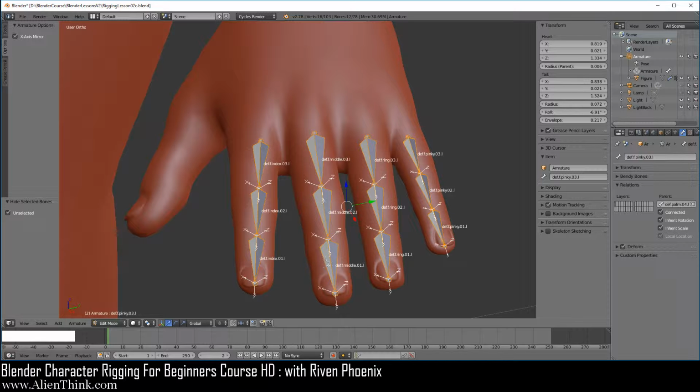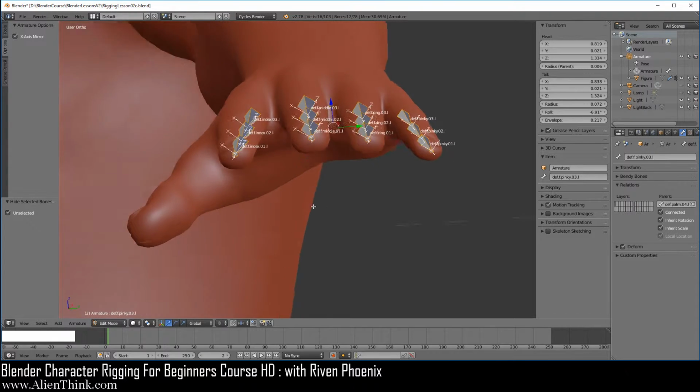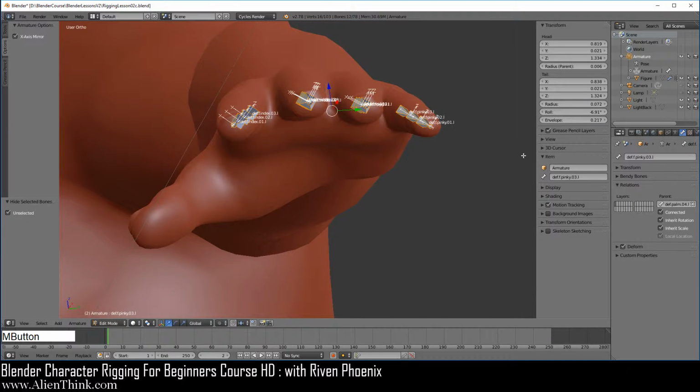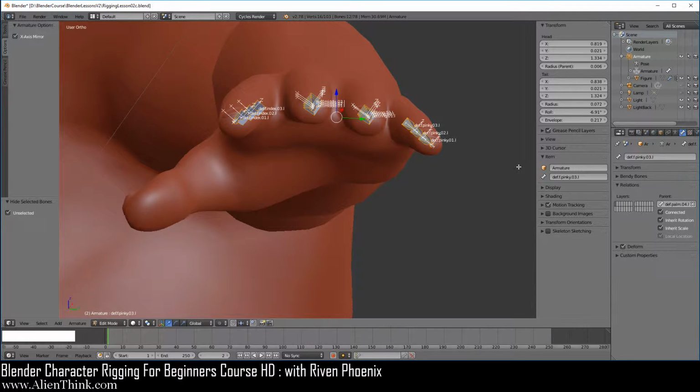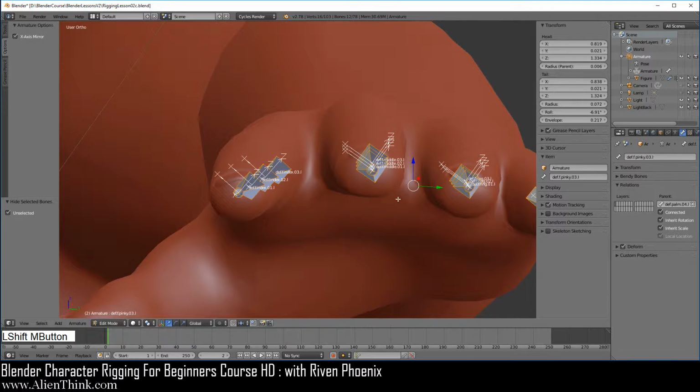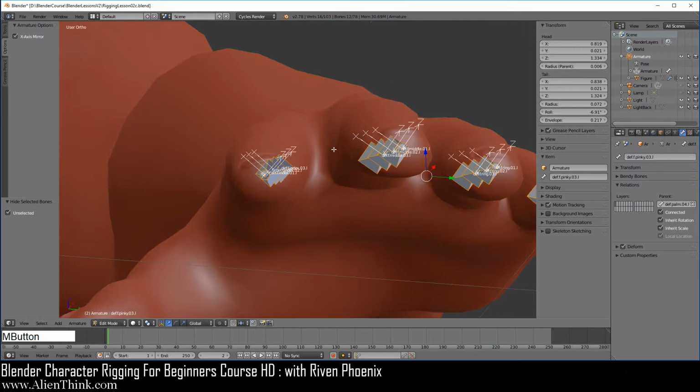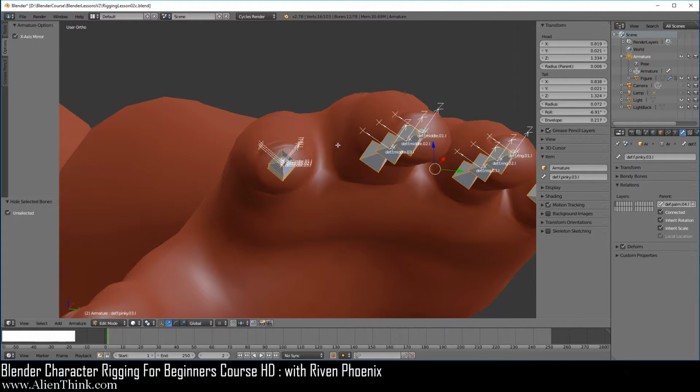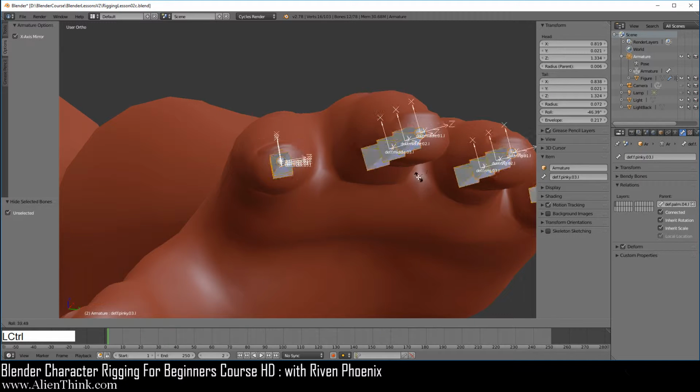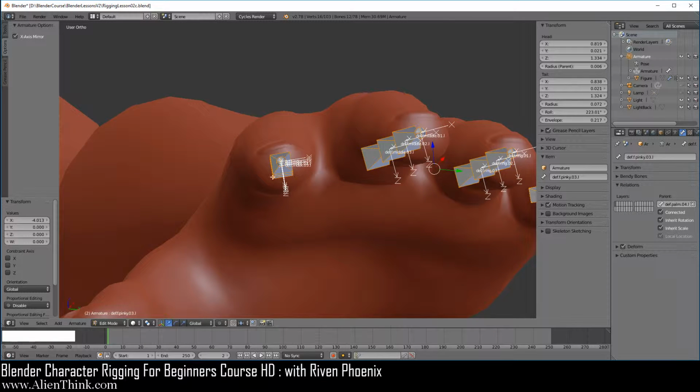Now, in order to do this correctly, what I want you to do is basically do the same thing and just adjust it like this so you're looking at the hand. Okay, go ahead and zoom in. Now what we want to do is take a look at this finger here first. So here all I'm going to do is just look at it straight on like this, okay, kind of like this. Now you can see that the z-axis needs to basically point down. So here I'm just going to do Control R and just adjust it so it's positioned like this. Okay, I'm looking over here.